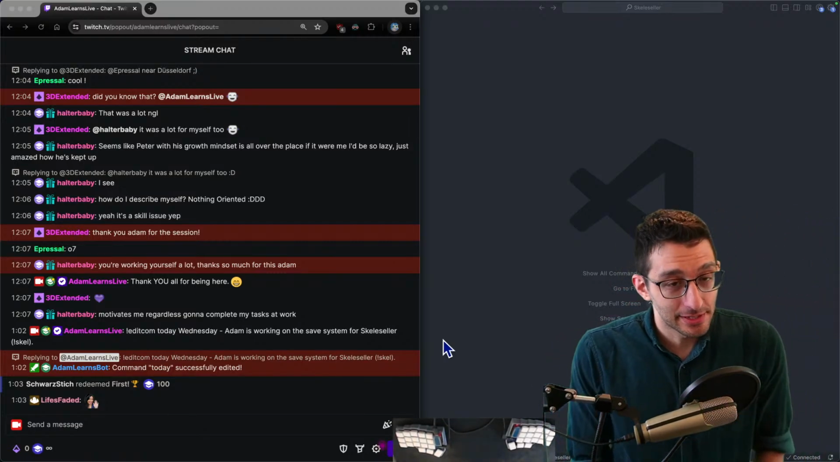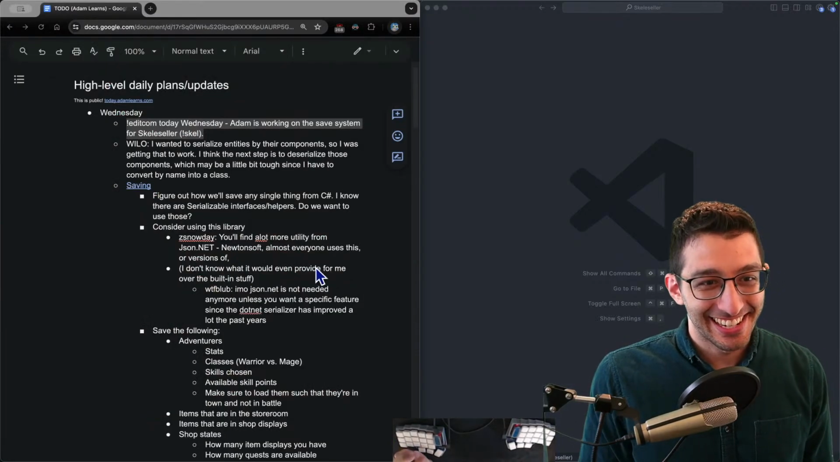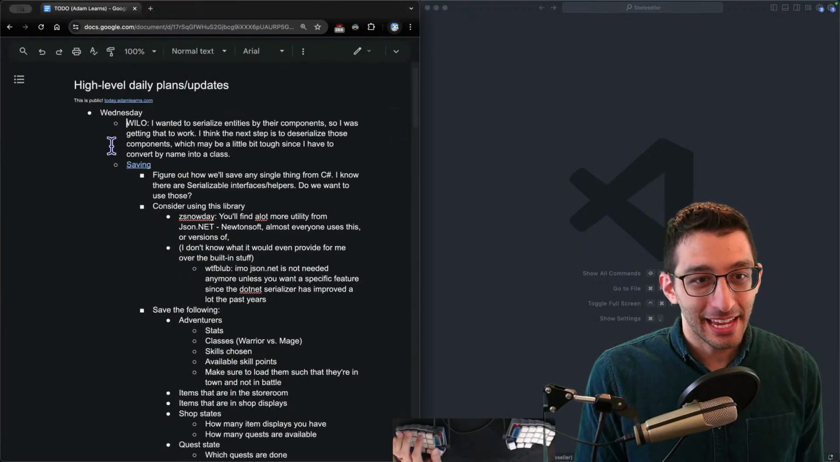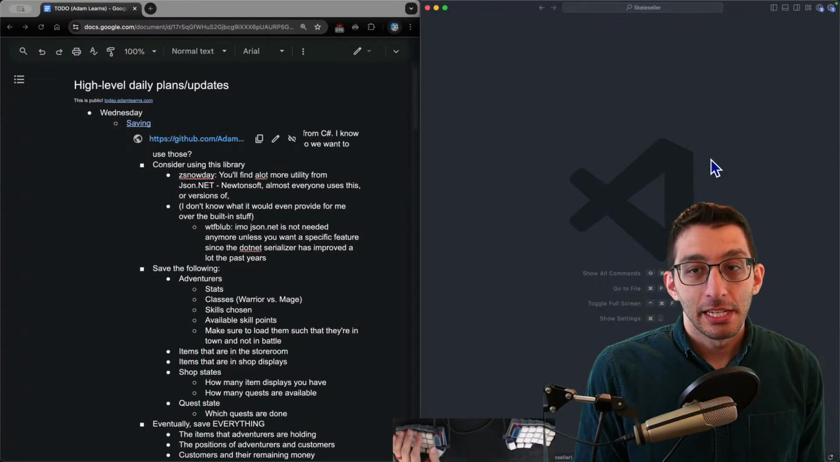We're gonna keep working on the save system. Just edited the title command. It's a hard set of syllables to say. Where I left off earlier was I want to serialize entities by their components, so I was getting that to work. I think the next step is to deserialize those components. Maybe a little bit tough. Yeah, let's